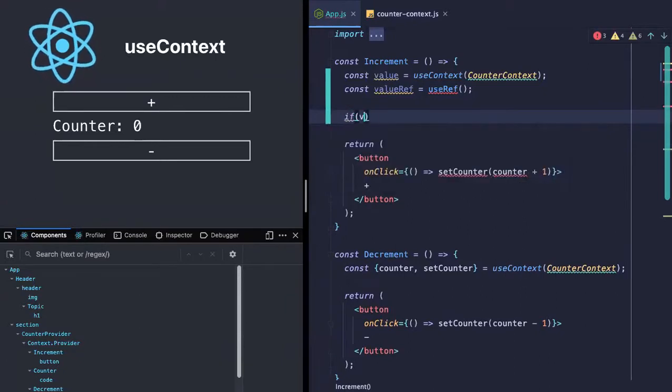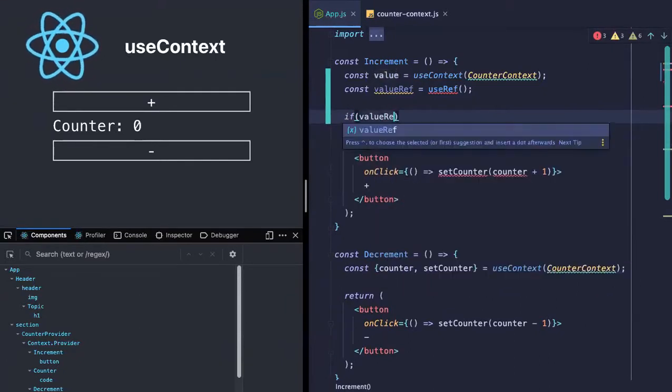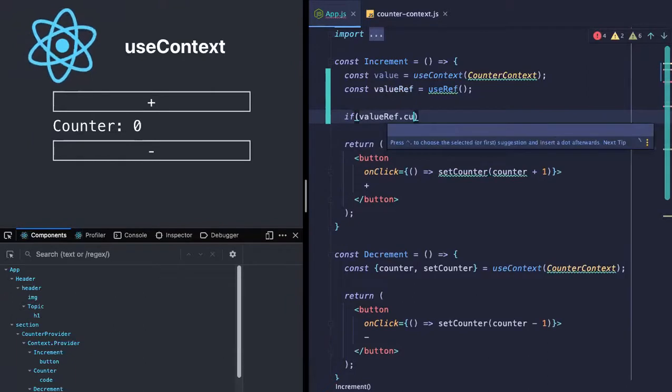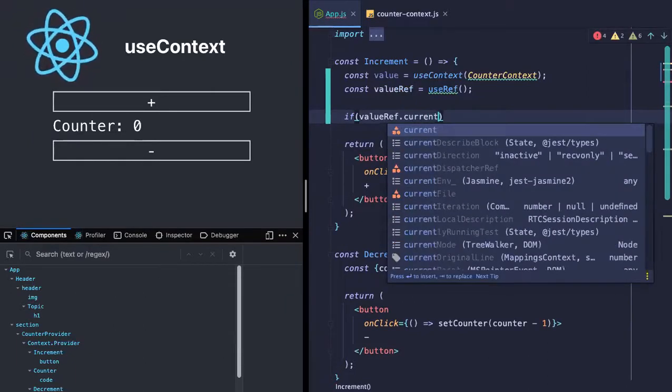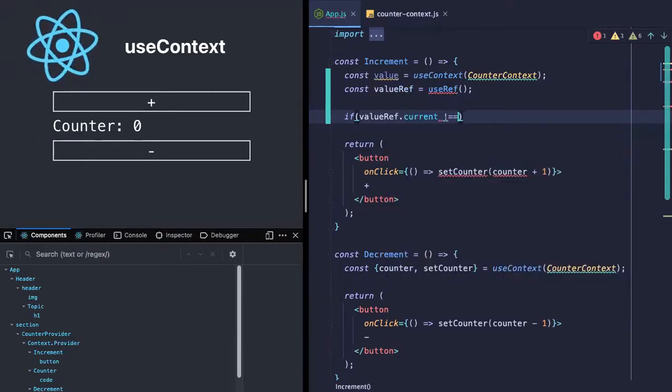So I'll say valueRef.current, and please feel free to ask any question if you are not getting any point, or if I'm rushing through. Feel free to ask whatever doubts come to mind. This is just a demo to show whether we are really getting the same value or a new state every time.